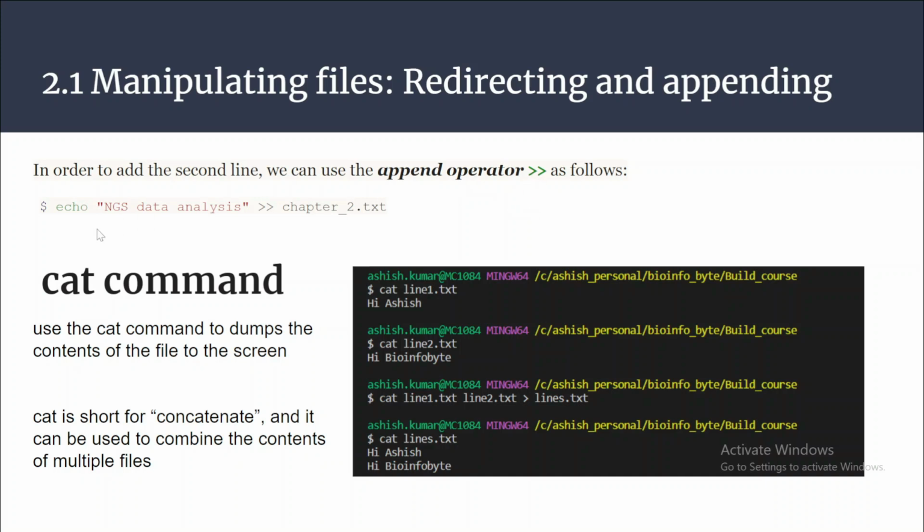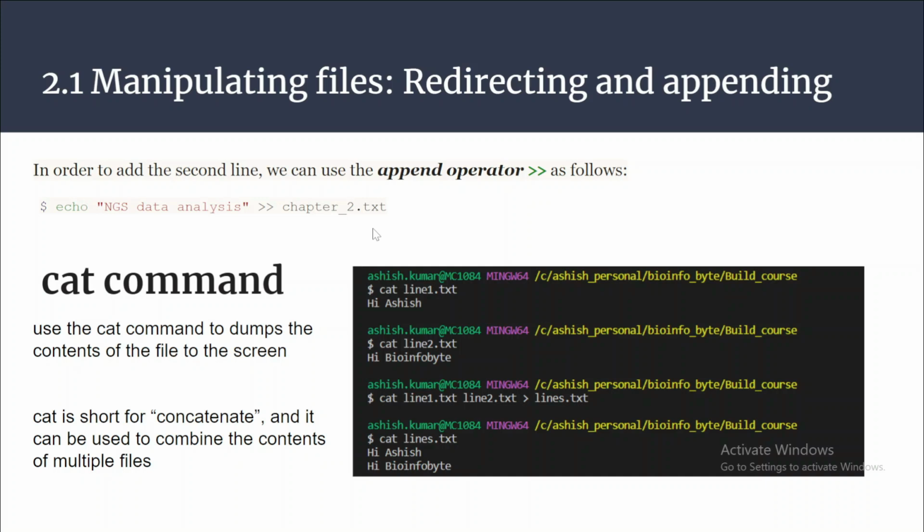Again we are doing the same thing. I'm using the echo command to print the string, and within this string I'm writing data analysis. In the chapter2.txt file, we already have the first line. This line will get added in the next line. So now we have two lines in chapter2.txt, and we can validate with the cat command.